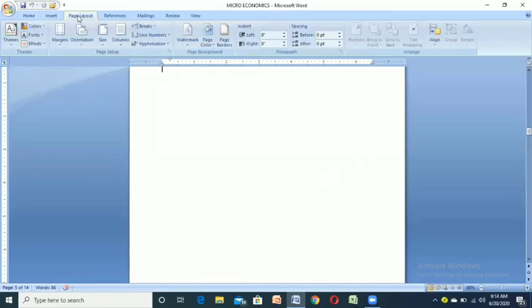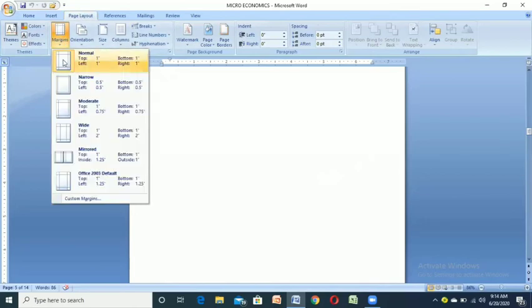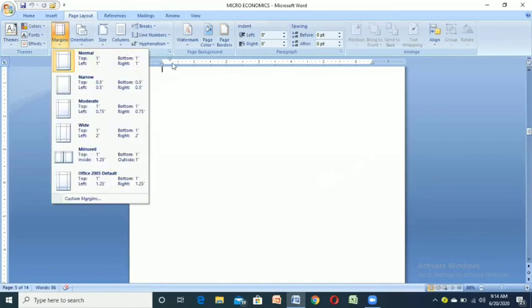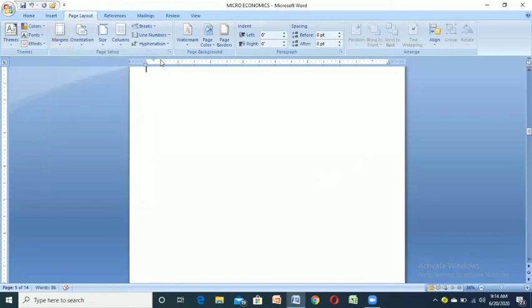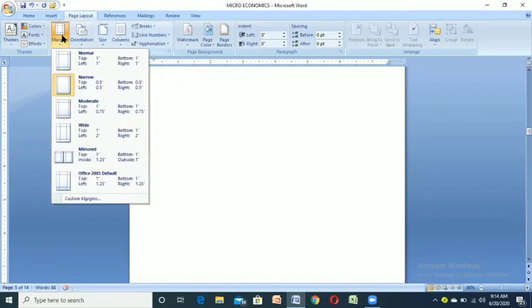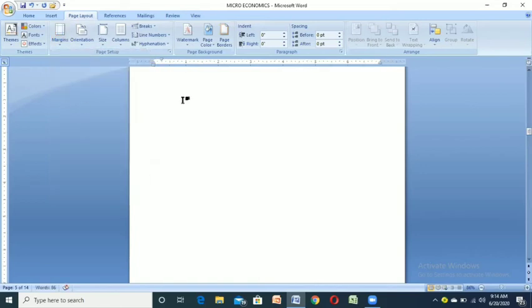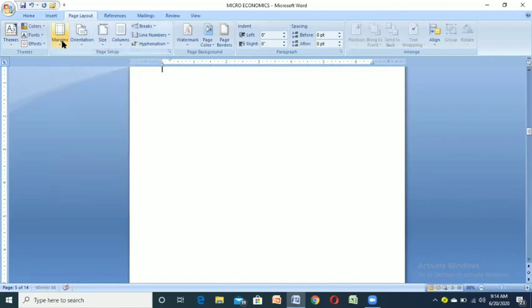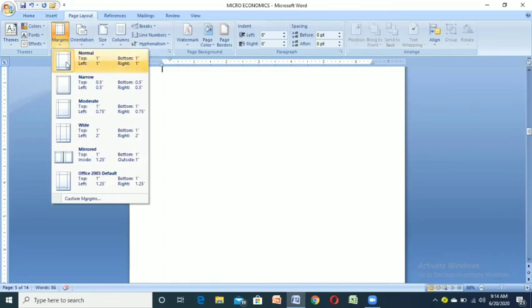Now we will go to the last one, Page Layout. First we'll see margins. If you click margins, the page will appear normal. Customized is called custom page setup. Next we'll go to narrow; see here the margin will move. This is narrow, the paper will become narrow. Next you have moderate; see here the scale will change according to the margin. Next one is narrow, next one appears in moderate, and the next one is wide.